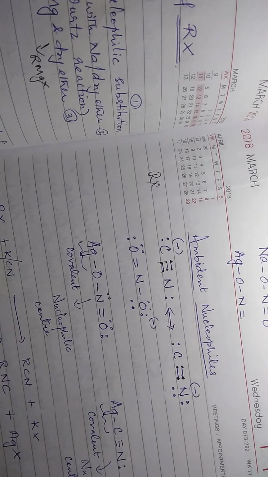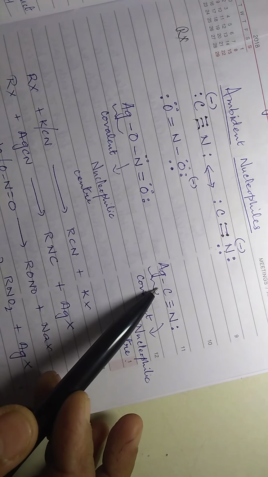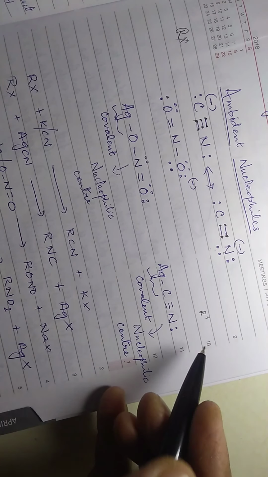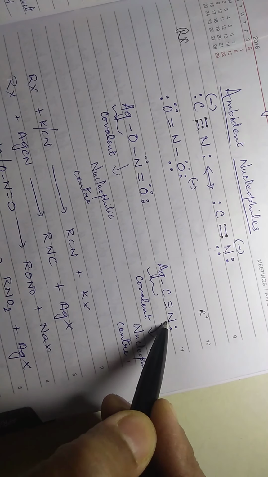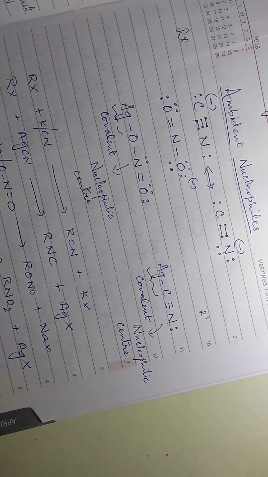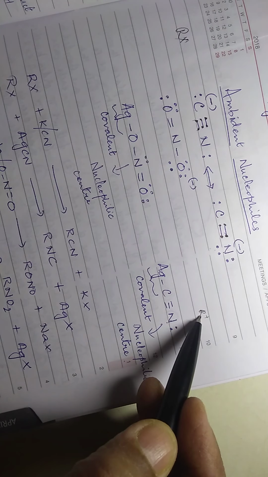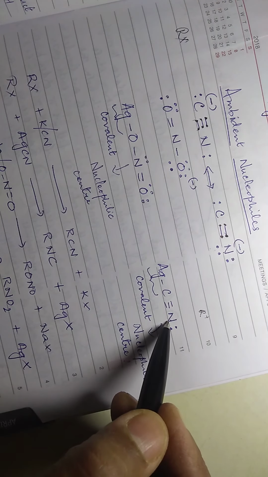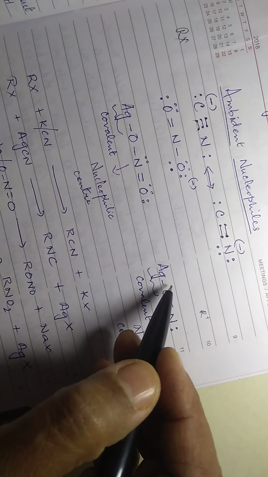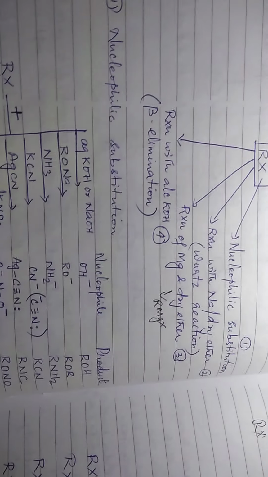But with AgCN what happens? This Ag-C bond is covalent. Okay. So this R plus is forced to attack only through nitrogen because this nitrogen is electron rich. Because of the lone pair of electrons, this is acting as a nucleophilic center. So the carbon of RX will seek an electron rich center, that is nitrogen. That is why RNC is formed. Later on this Ag-C bond will break. So you get isocyanide.